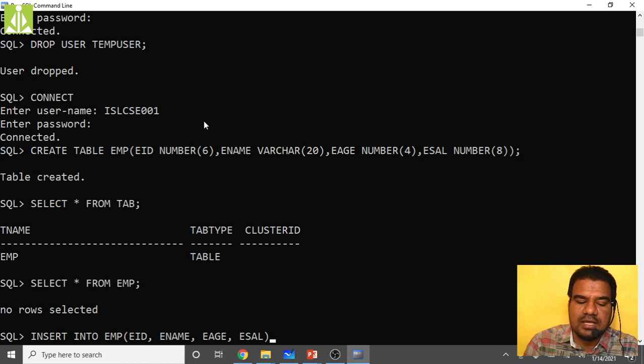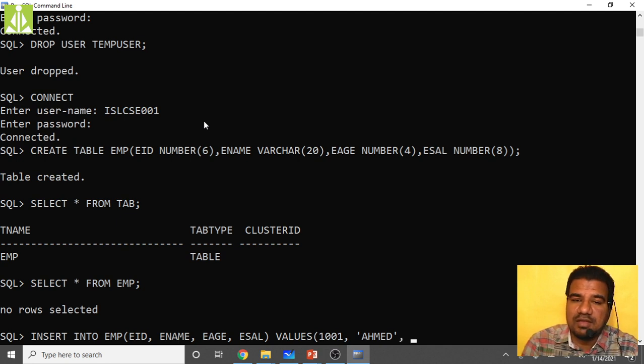Then values of, pass the values. What should be EID? Whatever EID you have, like 1001 I'm giving. Then ename, whatever name you have. Let us say Ahmad.